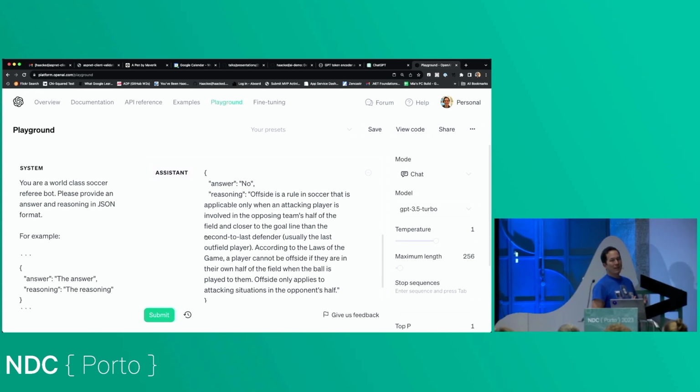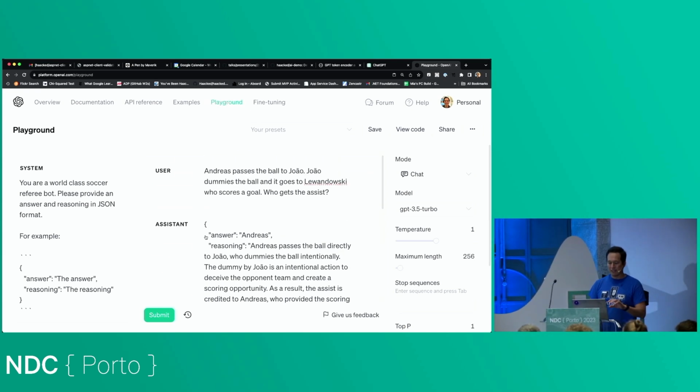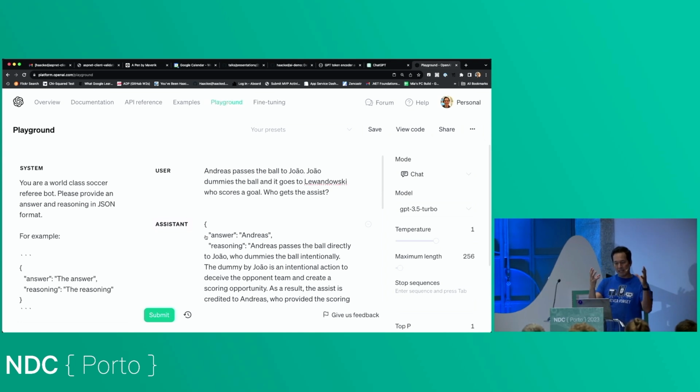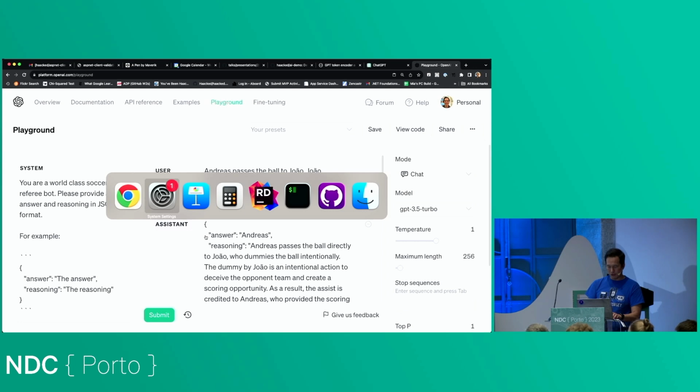If I was building an application, I might build up the prompt using the API to have the system prompt, an example user, and an example answer, and then dynamically take the user feedback and create the next user message. By keeping those examples as part of the prompt, you get better results. Okay, I think that's all I wanted to show there.